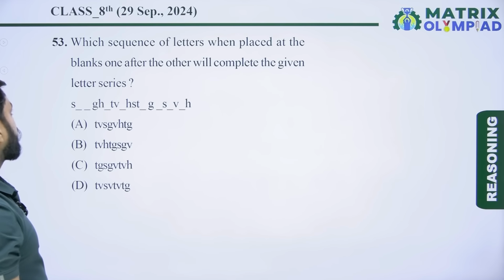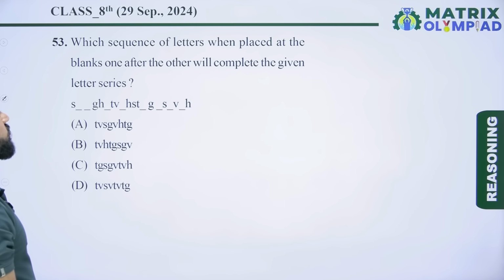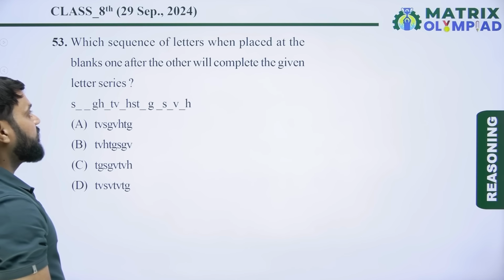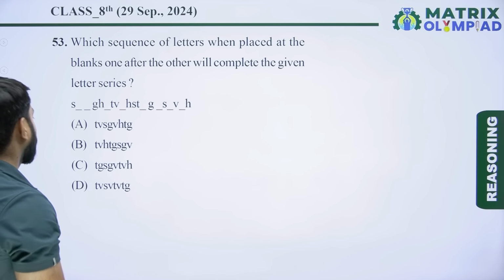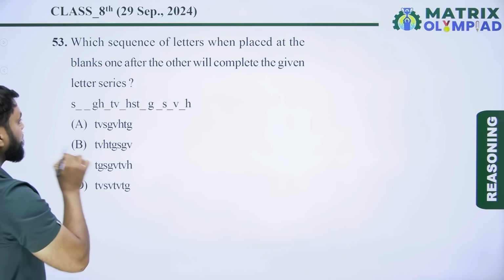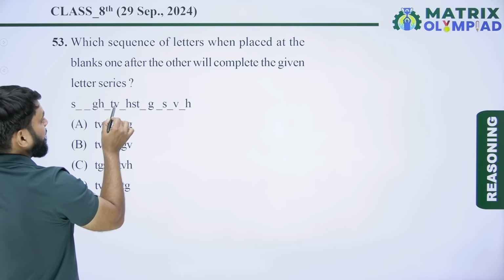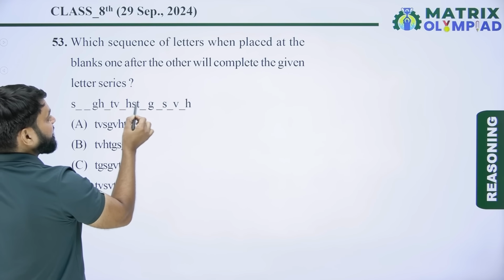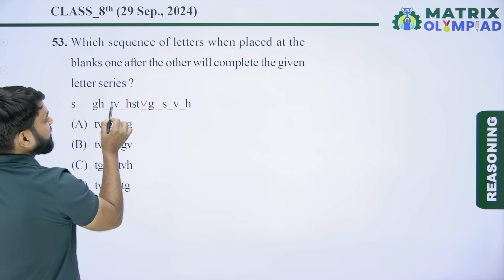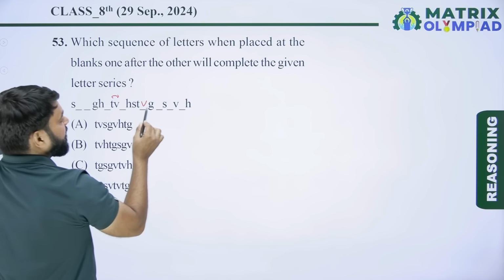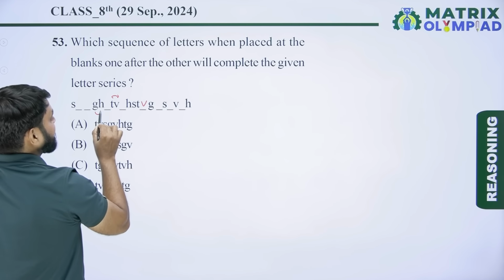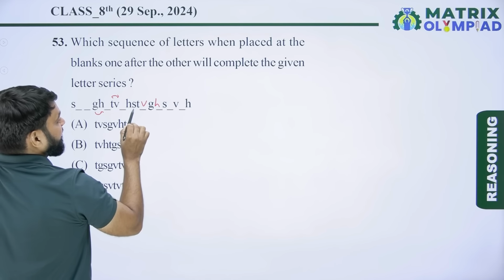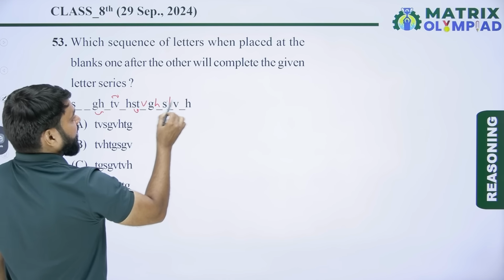Now the next question is question number 53. Which sequence of letters when placed at the blanks one after the other will complete the given letter series? So in this series, after T, next letter is V. After G, next letter is H. After S, next letter is T. After V,